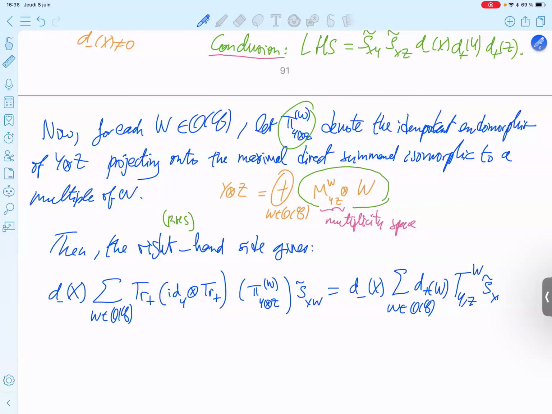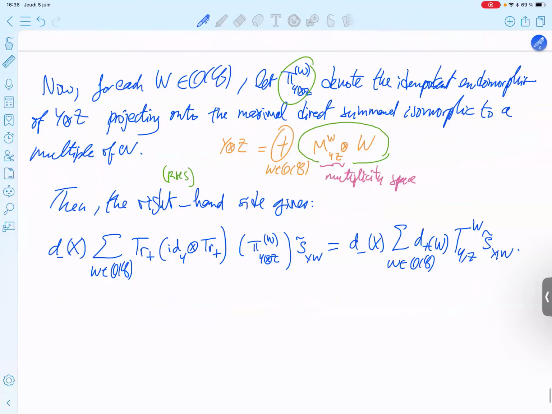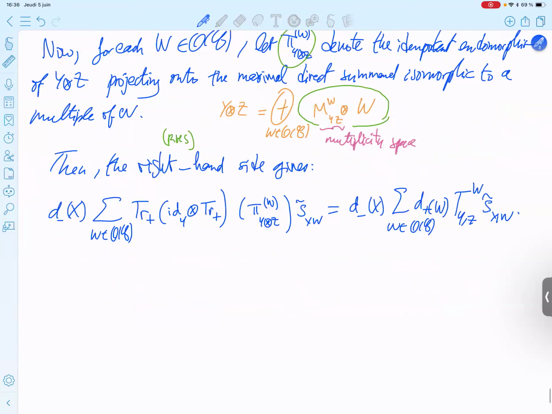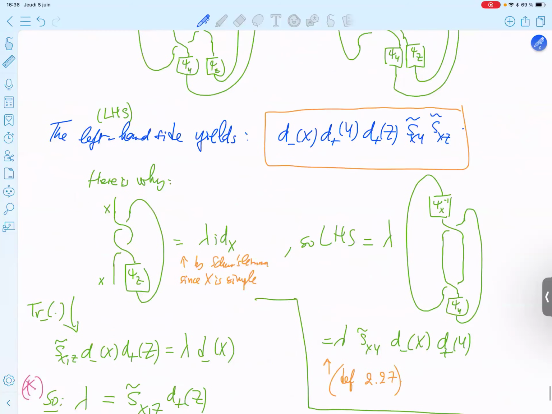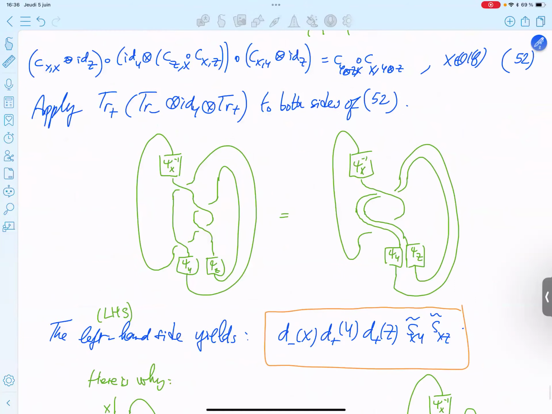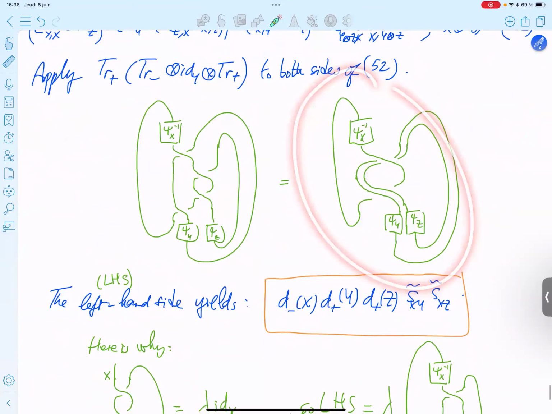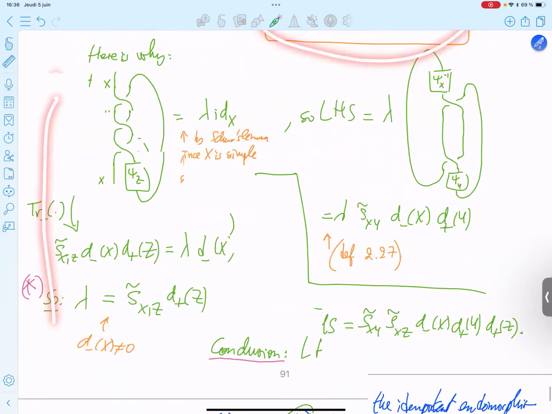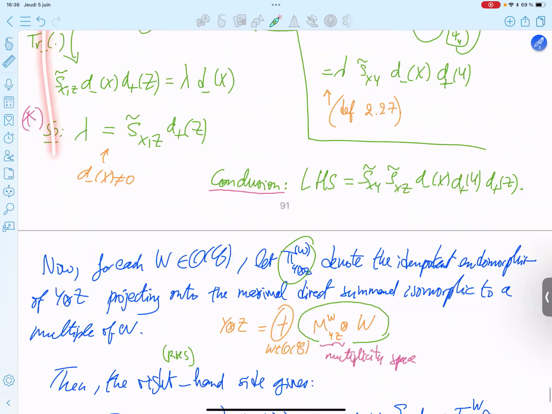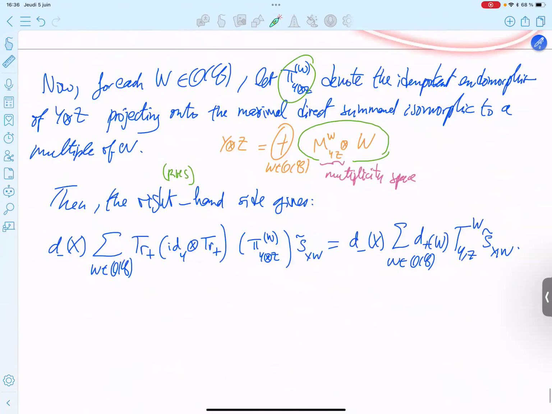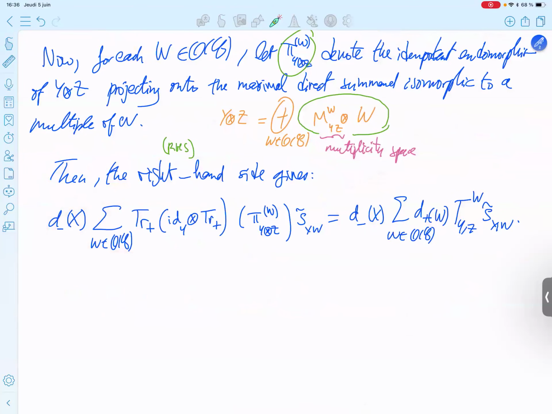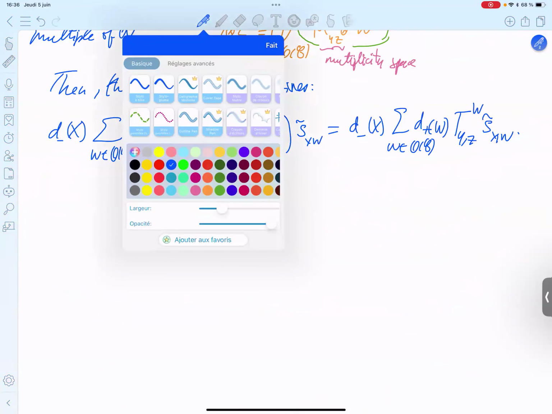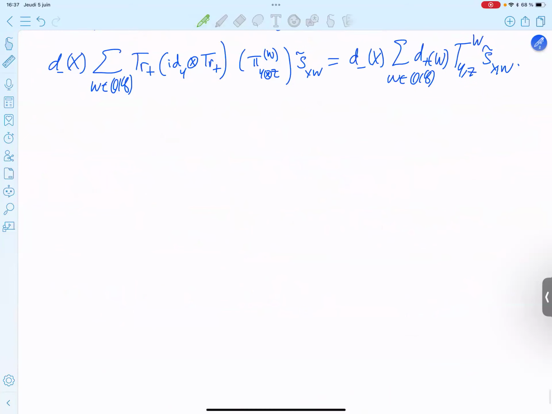So why do we have that? Let me show why we can evaluate the right-hand side. So this part is evaluated this way. It is proved here. So now we want to evaluate the right-hand side this way. Now we will just do picture, we'll do picture only, because it's much more convenient.